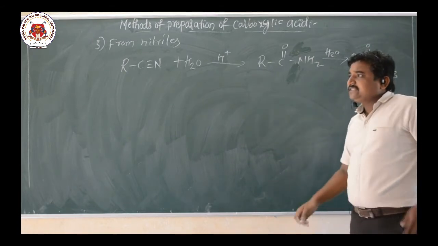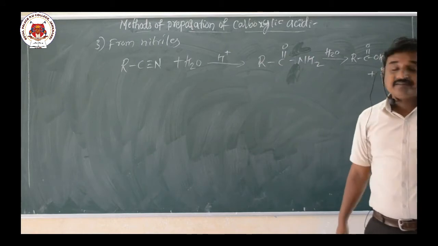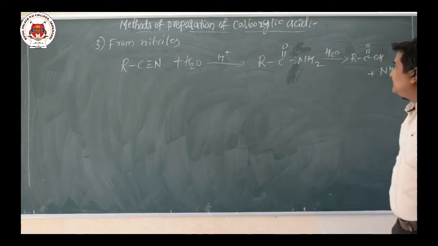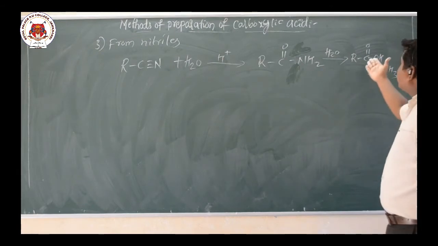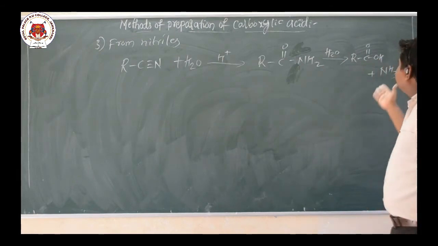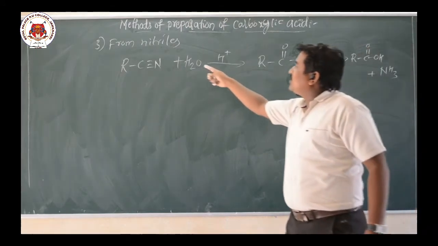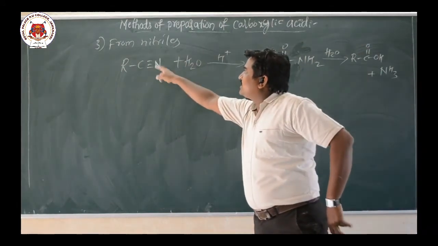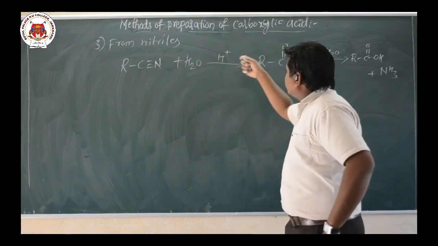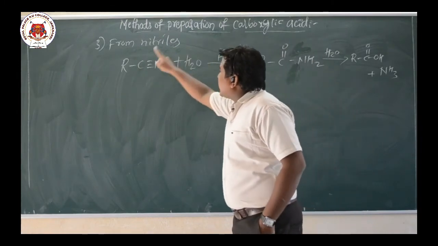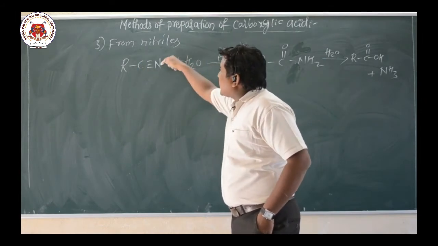Now here what happened? The nitriles, which on acid hydrolysis, addition of water, gives what here? Amide. So amide undergoes further hydrolysis and there is a formation of what here? Acid, with elimination of what here? Ammonia. Now as I told, addition of water molecule across carbon nitrogen triple bond. So here the H2O, the OH part, that is the oxygen part adds to this carbon atom, that will become RCO, and the remaining H2 part adds this side.